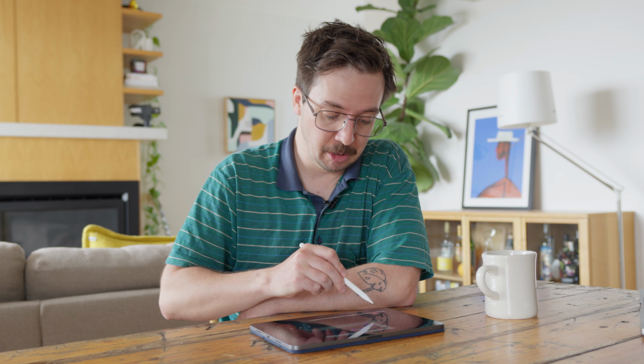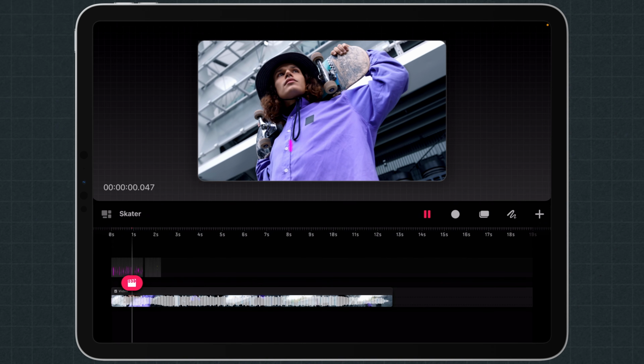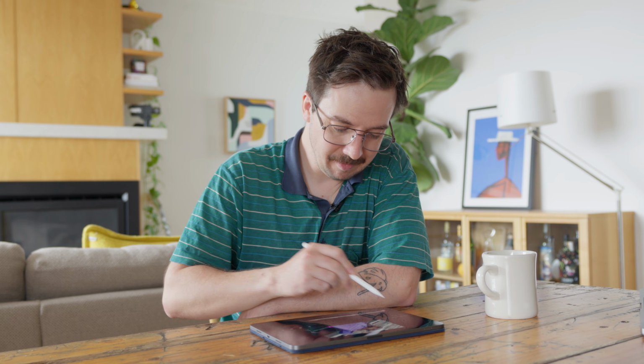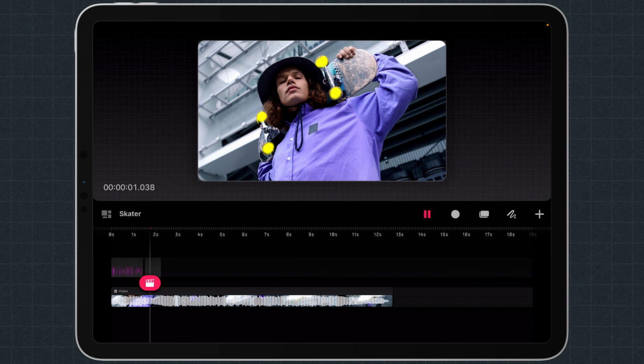So now you can see I've just clicked to the next frame, which is on the next shot, or the first frame of the next shot. So we no longer need to continue. So I'm going to hit done, and we're going to play that back and see what it looks like. Looks cool. I like it. I really like it.